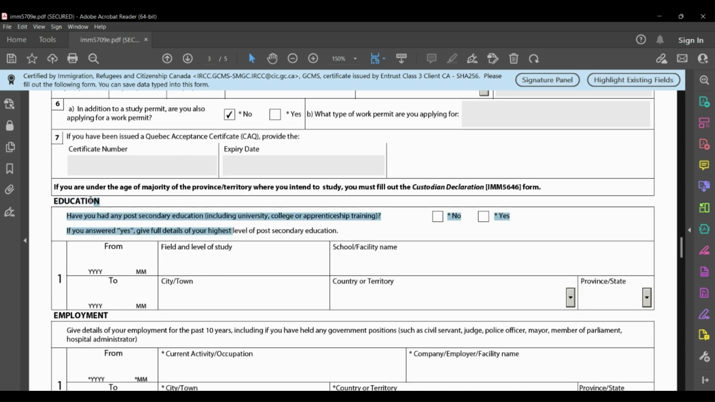Then it will ask about your educational details. So it will be asking that, have you had any post secondary education? If your answer is yes, you can enter the details over here. In this case, I entered my university education, the current education that I'm pursuing. So you can enter from when you started your education until when you are hoping it will get over. That date you can enter, and then you can give the details about field and level of studies. So let's say for me, I entered masters computer science over here,